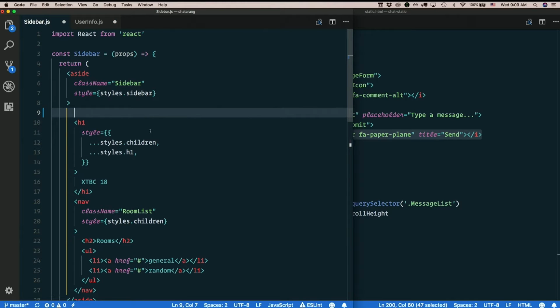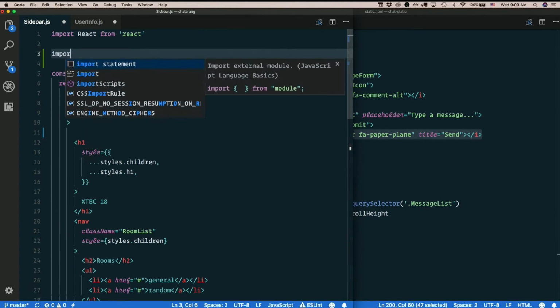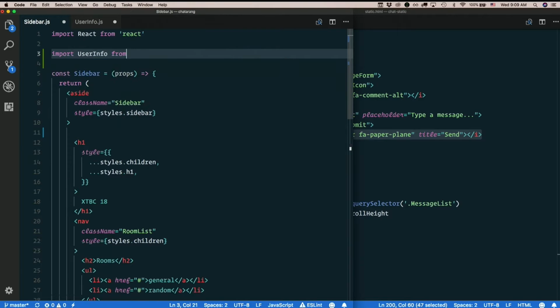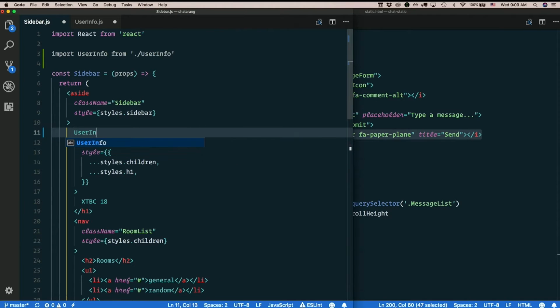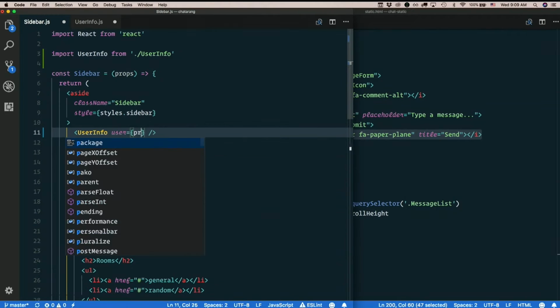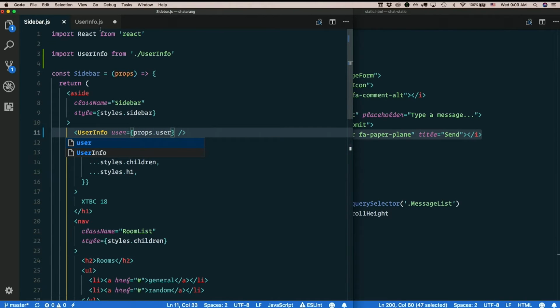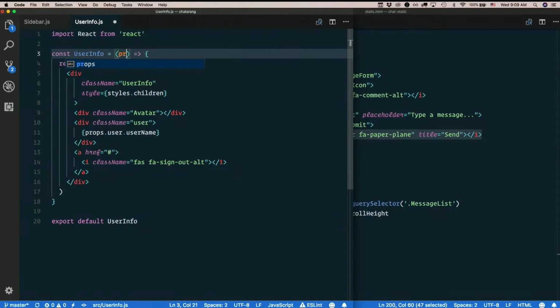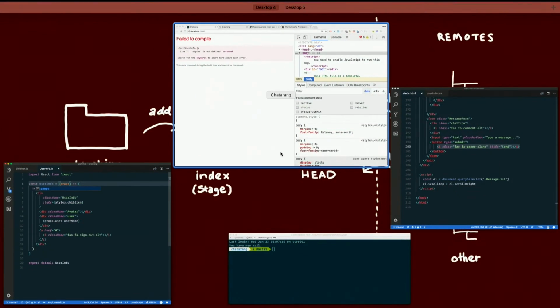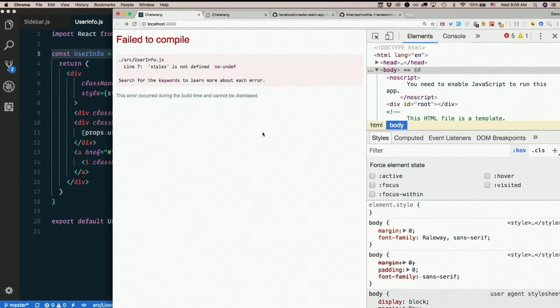So let's go ahead and import UserInfo here. Import UserInfo from ./UserInfo. Put in a tag. And we'll need to pass in user equals props.user. So we'll have that prop in here too, so I can say props.user.username. And it should be just exactly as it was before if I didn't mess it up, but I totally did,